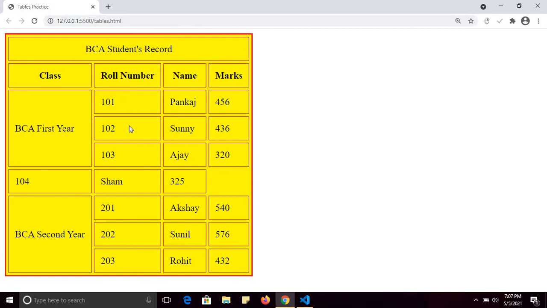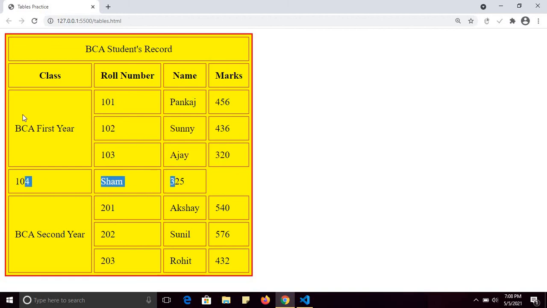See, the structure of the table is not proper. Why? Because for this cell BCA first year, I have set the space to 3 rows only, 1, 2, 3. But there are 4 rows in the table, 1, 2, 3 and 4.